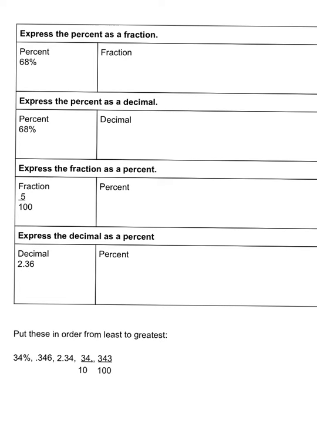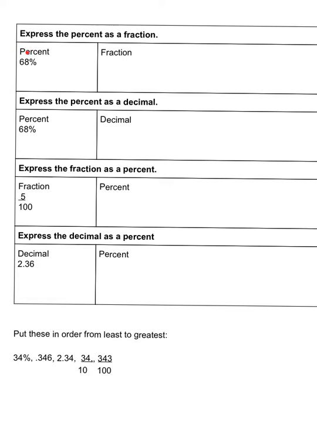Section 6-2 is very similar to 6-1. You are continuing to compare decimals, percents, and fractions. So we're going to review that, and then the biggest difference is now you have to put these numbers in order. Okay, so for example, let's say that we have